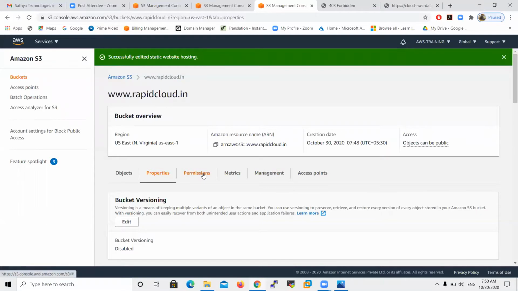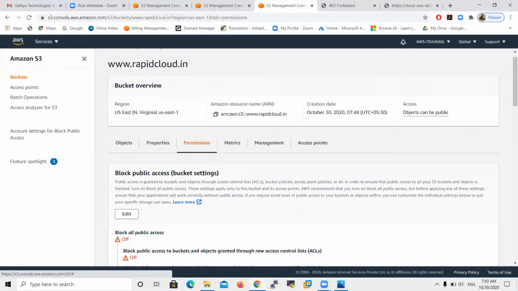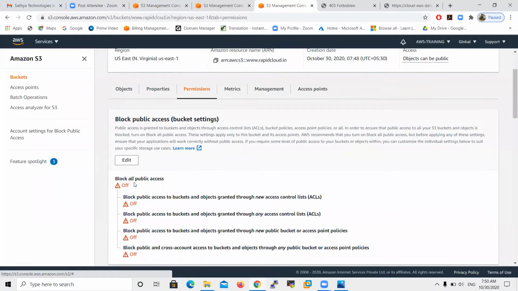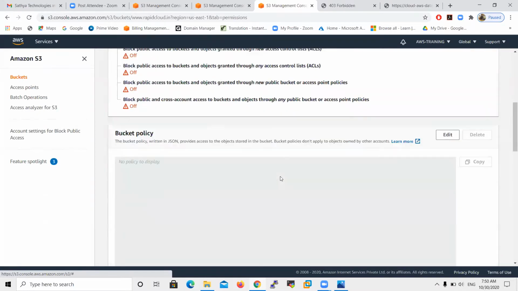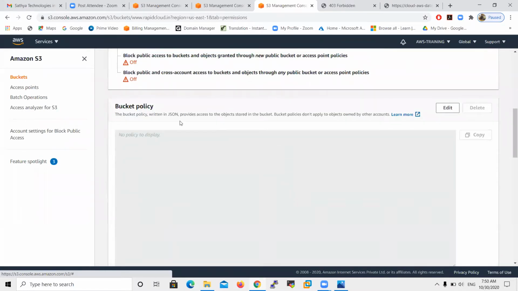So in the permissions option, block all public access is already off here. In case it is on, you can edit it and turn it off. And the next option here is that you must write a bucket policy.